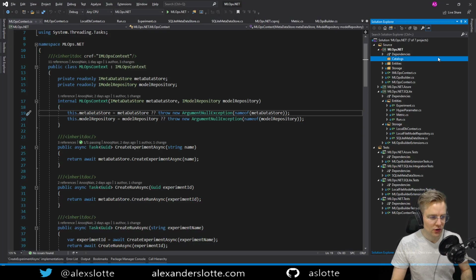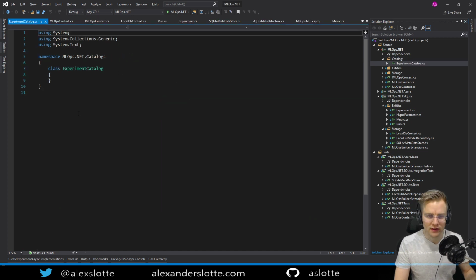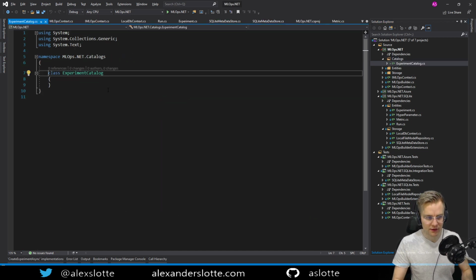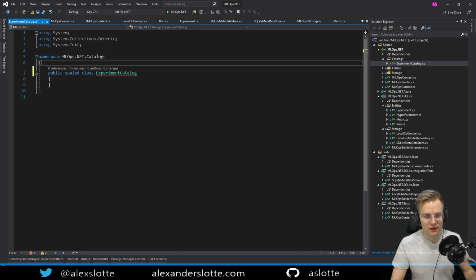And in here we're going to start adding catalogs for things we want to do. I'm going to start by adding something called an experiment catalog, which is going to hold things we want to do for our experiments. And this one can be a public sealed class, sealed because we don't want anything to inherit from this class. We just want it to be used for our specific example.